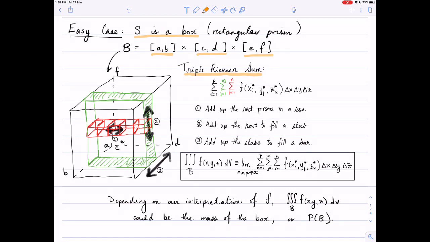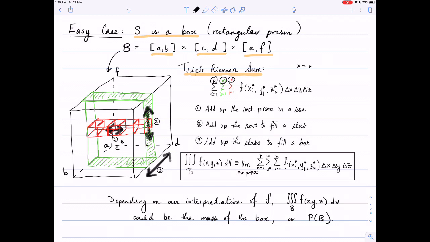I'm not going to force you to evaluate a triple Riemann sum. We're just going to have this kind of idea in the back of our heads, but we're not actually going to do any examples. We'll do simple integration like we've been doing for the double integrals. So the idea here is that you would split up your box in terms of number of subintervals. Along the x direction, the way I've written it here, there would be m